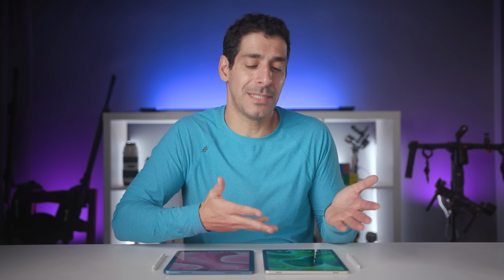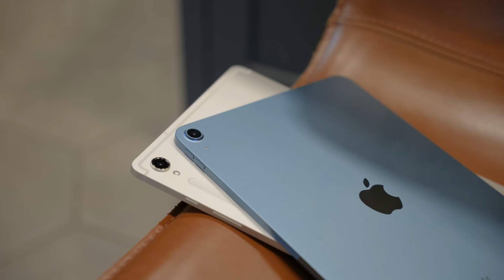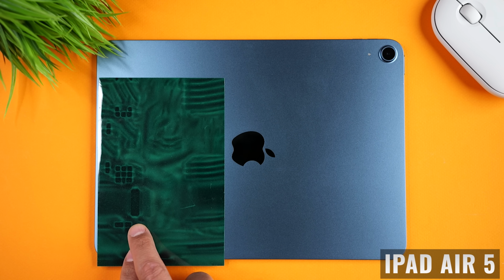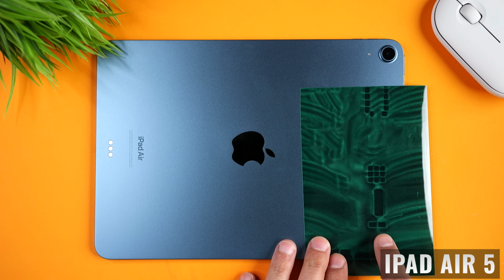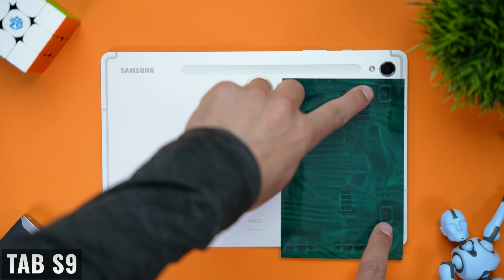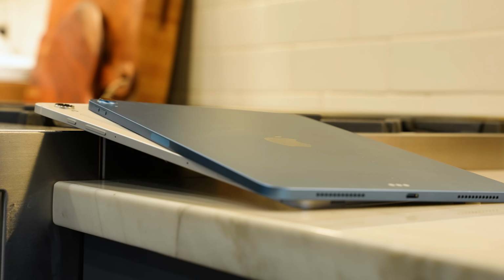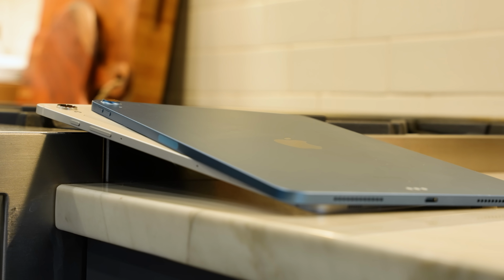Now, when we look at the size and design, the Tab S9 and the iPad Air 5 look similar, but again, there are some important differences. So first of all, both tablets have 4 speaker grills, but the iPad Air 5 only has 2 speakers, whereas the Tab S9 actually has 4, and it provides fuller and richer audio. Now, as far as the overall construction, both are machined aluminum all the way around, and both have rounded corners, squared off edges, and small bezels. And I haven't had any issues with the build quality or with either of them bending.